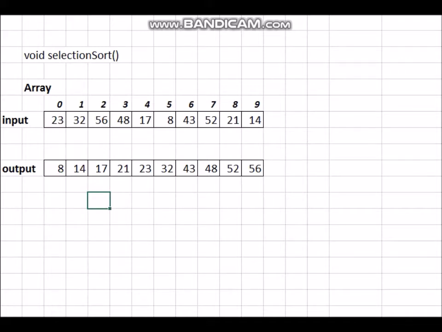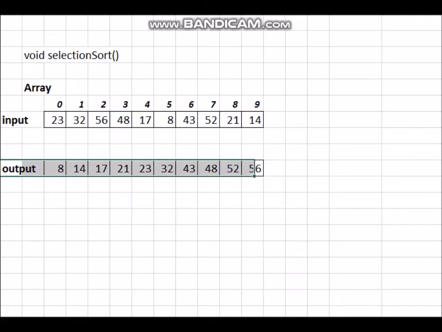Now how does selection sort work? Actually, the word selection itself means we keep looking for the smallest number in the array. It is the way humans normally will do. If these 10 numbers were written on paper and I had asked you to sort these 10 numbers, the way you would write the answer is the way selection sort works. So let us try to understand what happens.